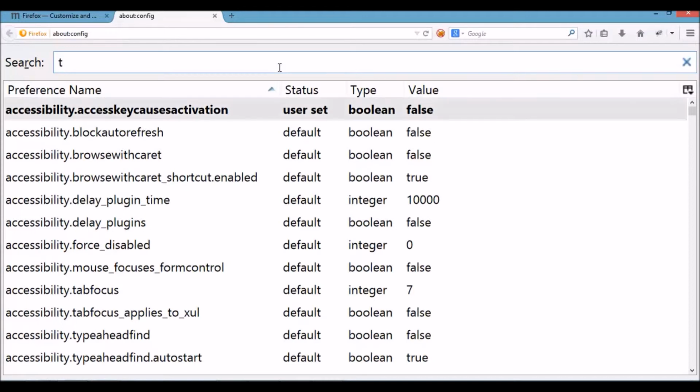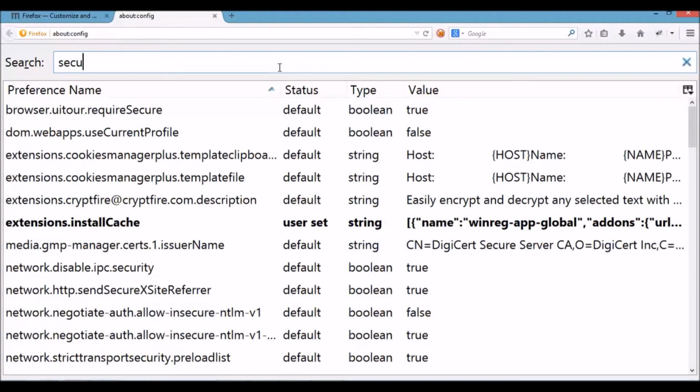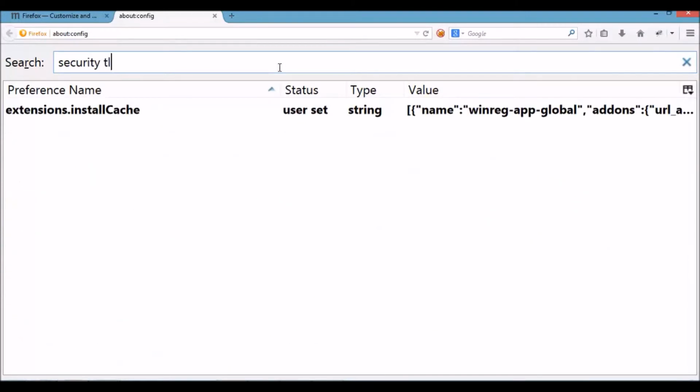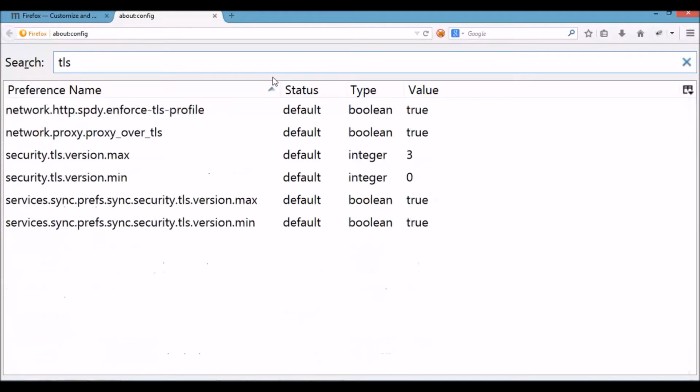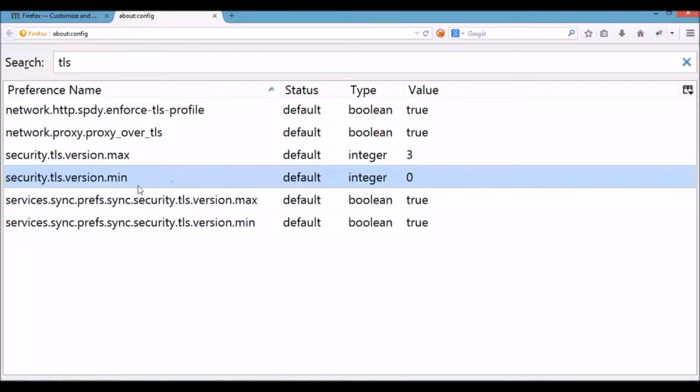Search for security TLS, or you can search for only TLS. Now you can identify security.tls.version.min. It's showing that the value is 0, meaning SSL is enabled.